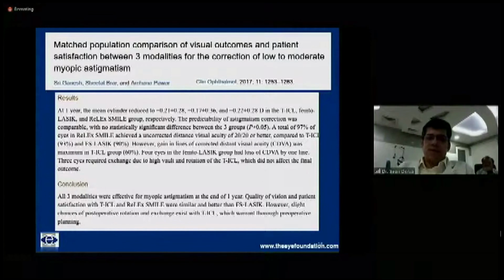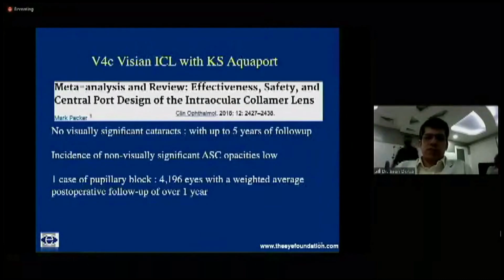When you're considering low to moderate myopic astigmatism, there are several studies which compare the toric ICL with femtoLASIK and even the ReLEx SMILE group, showing a good quality of vision with better contrast in toric ICL and the ReLEx SMILE versus the femto-LASIK. But however, in low to moderate myopia, this is a highly debatable topic, and several surgeons would prefer to do an excimer laser procedure which is extraocular and has lesser incidence of complications.